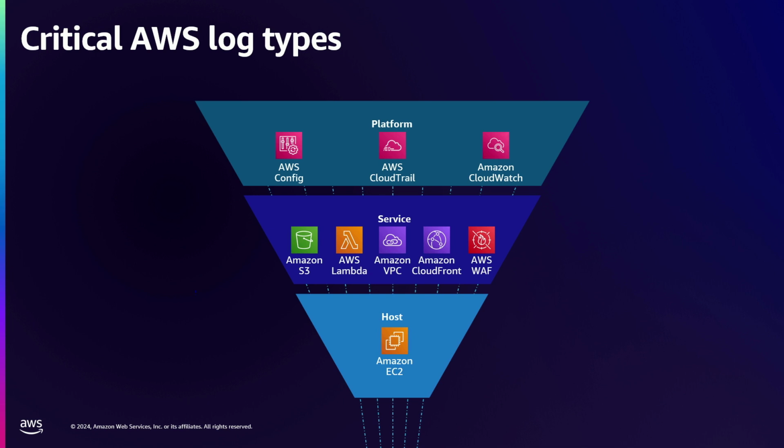This not only helps track changes and investigate security incidents, but also ensures compliance with regulatory requirements. Then we have services. So from S3 to VPC logs and AWS GuardDuty, these logs capture system-level activity within specific AWS services. They play a crucial role in detecting unauthorized access, data breaches, network traffic anomalies, and other suspicious